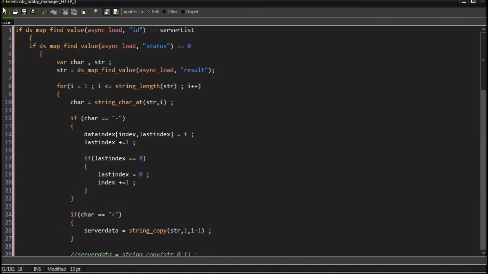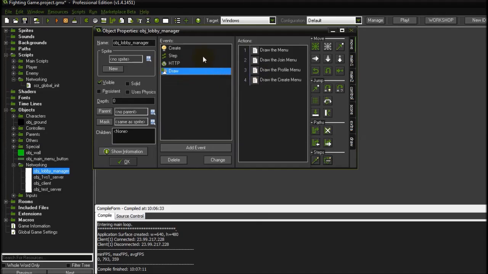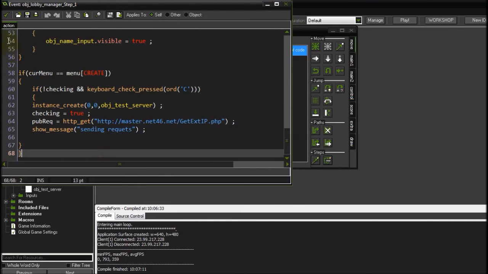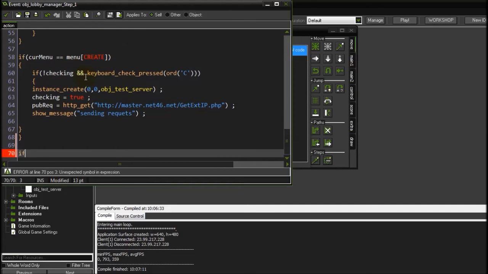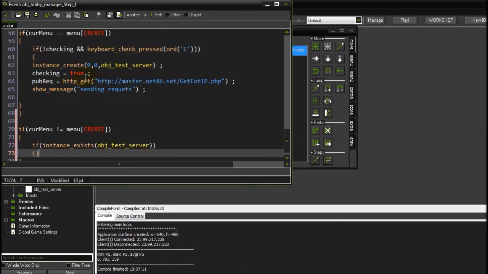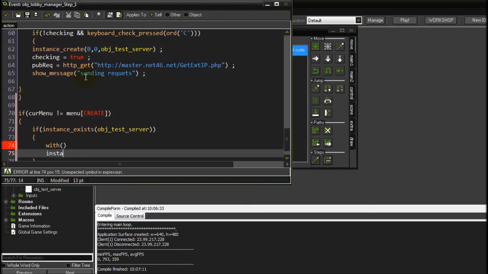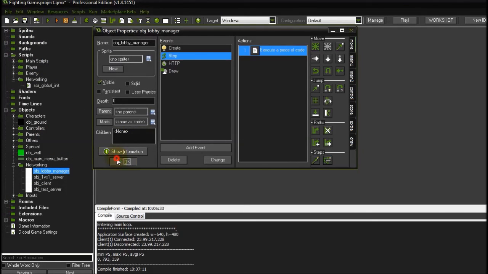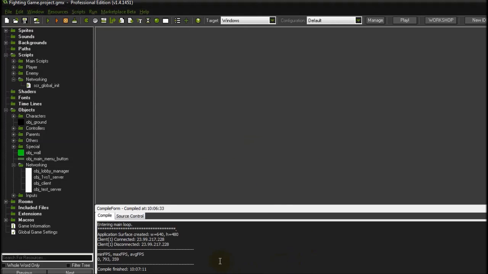Okay, and so let's just delete the test server if we are not in the create menu, so if instance exists obj test server, then okay, and yep, that's all. So that was all for today,